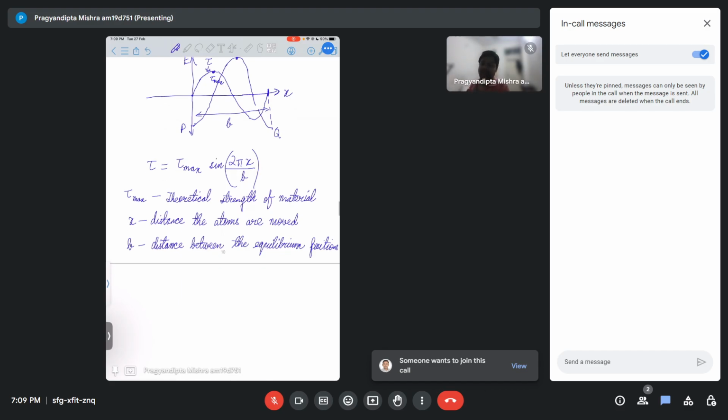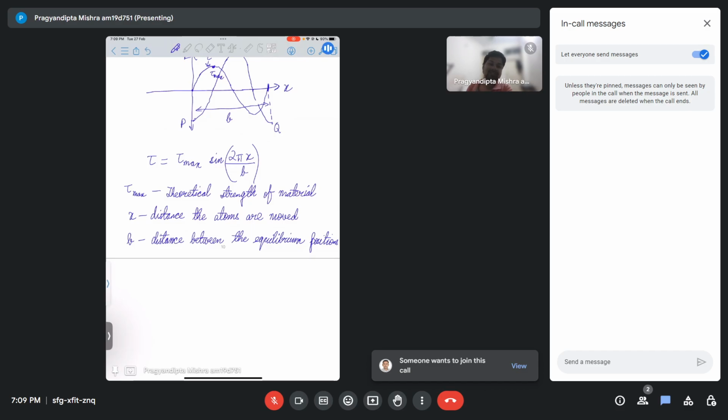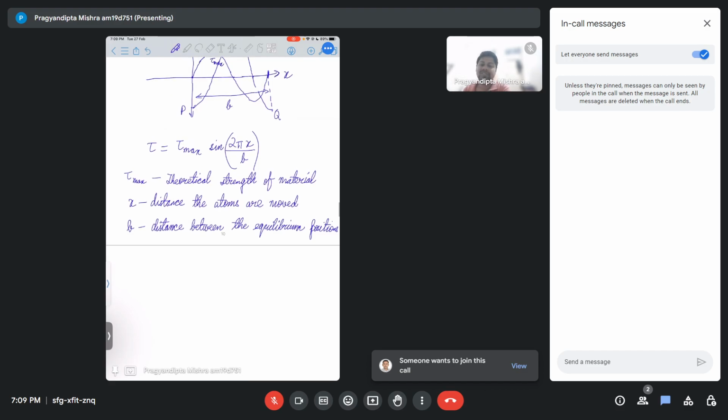Okay, so x is very much smaller than b. You can think of it that way. Okay, so since x is very much smaller than b,